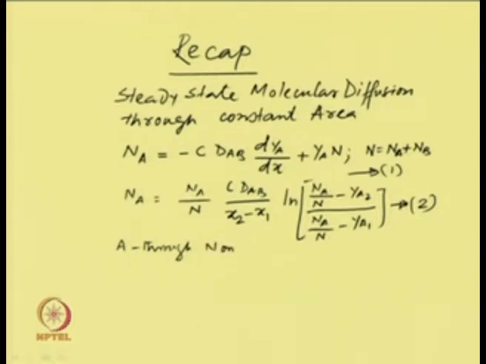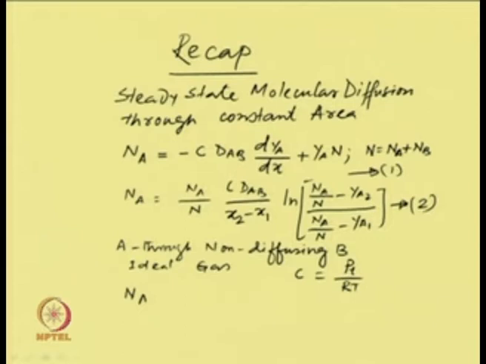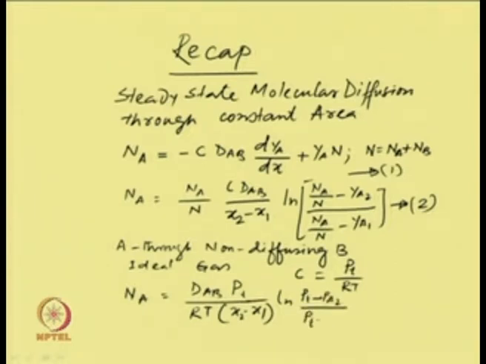And if we consider the case of diffusion of a particular component A through non-diffusing B, that means the B component is stagnant, and also if we consider ideal gas mixture, in that case this C we can write as Pt total pressure by R T. So, we can write the flux equation Na will be dAB Pt by RT x 2 minus x 1 ln Pt minus Pa 2 by Pt minus Pa 1,